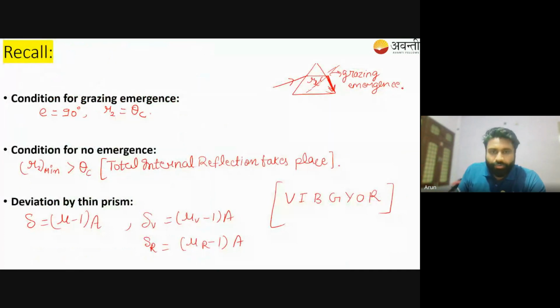One thing more that I want to discuss that we have done in earlier lecture is the dispersive power. Okay, so what is the formula for dispersive power? It is represented by omega, which is what? Theta by,